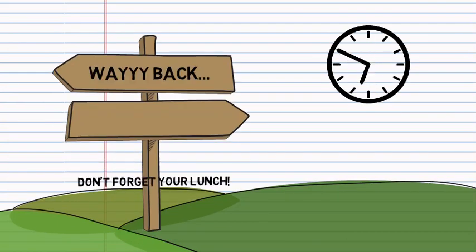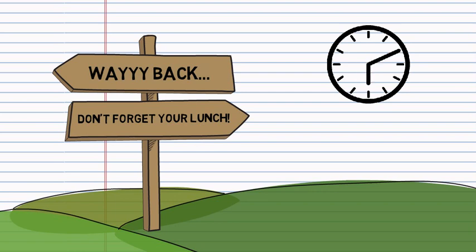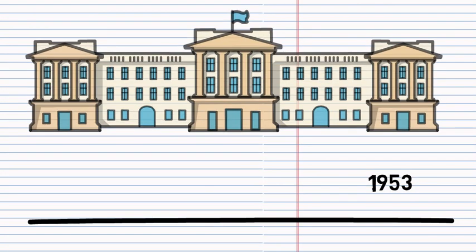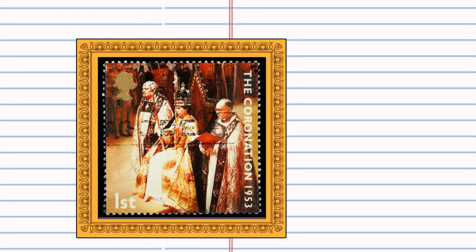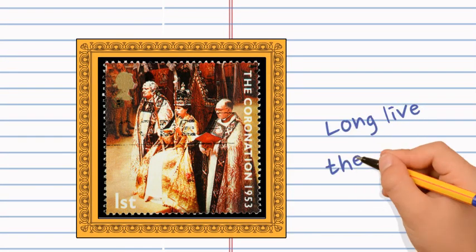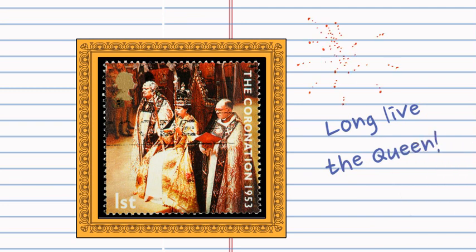We start our journey today, and we're going to travel back around 70 years to the year 1953. Do you know who this is? Yes, it's Queen Elizabeth II. Our Queen. This is her coronation in 1953. But is that far back enough in time for the ancient Egyptians? No, let's go back further.